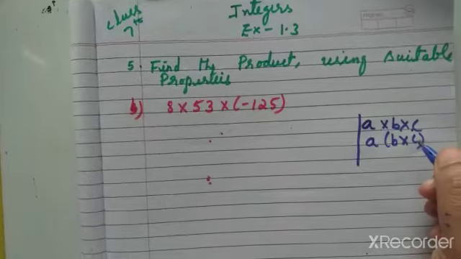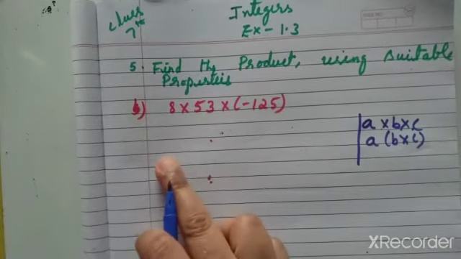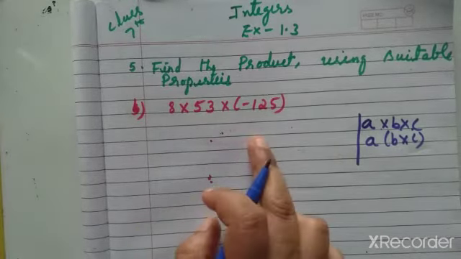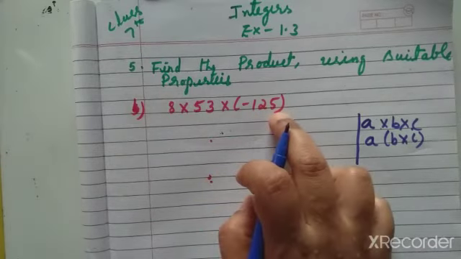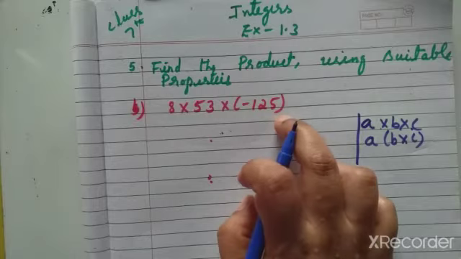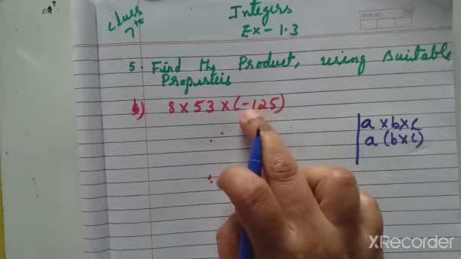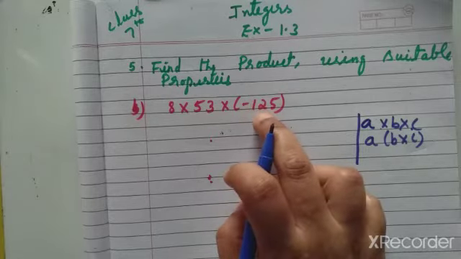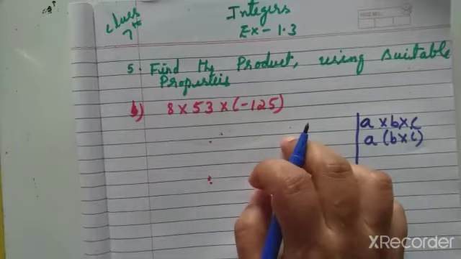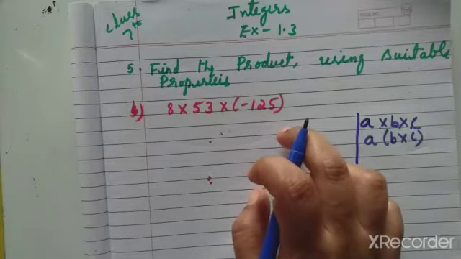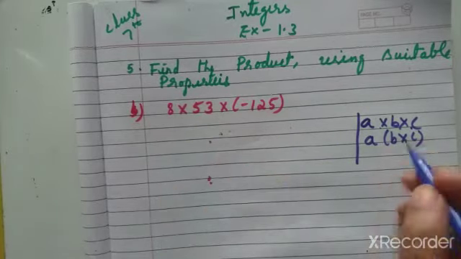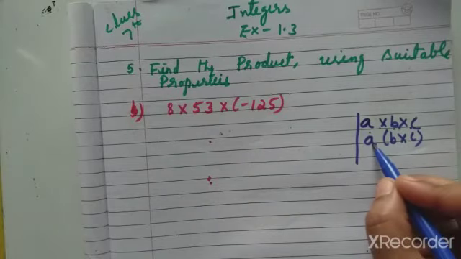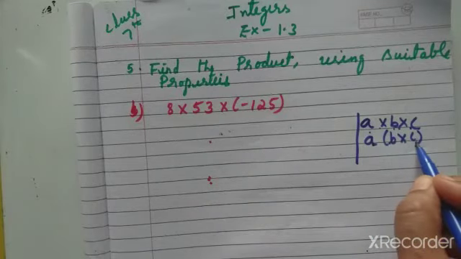So we have to choose any one number, keep it here and distribute the other numbers. Here check 125, we can round off easily. 100 plus 25 is 125. Add means minus 100 minus 25 we have to write. So that is in the center, we have to split. Or one more method, we can keep any one: A into B into C means A outside, B into C inside, we have to write.